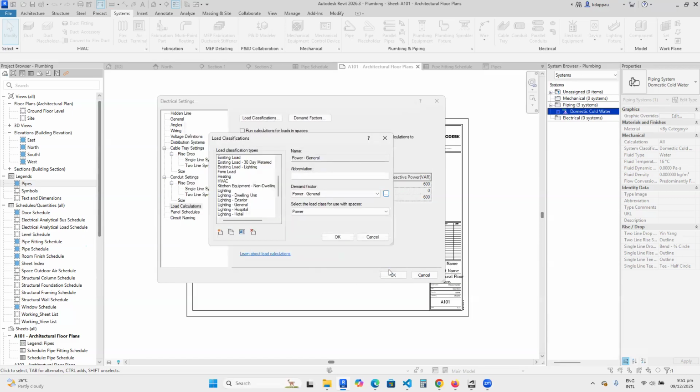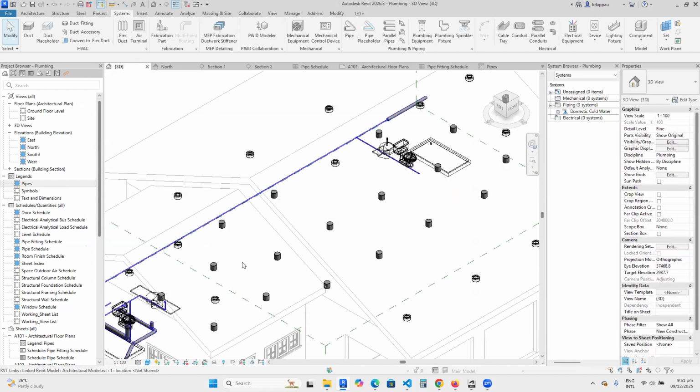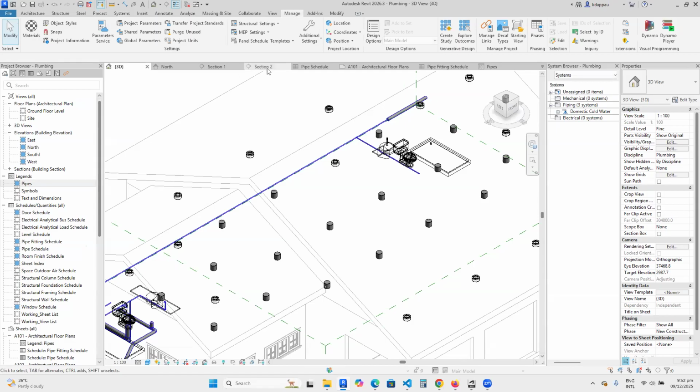There is room for everything that you want to learn, and you can do all those things. And if you want to do electricals, everything is there. Let me go to, let's say, a 3D view here, for instance, and then go to electricals. If you have electrical equipment, let me go to Manage, and then go to, let's say, for instance, panel schedule